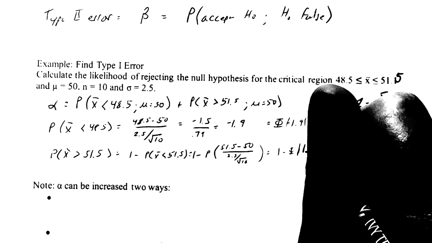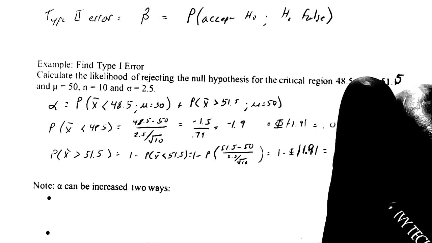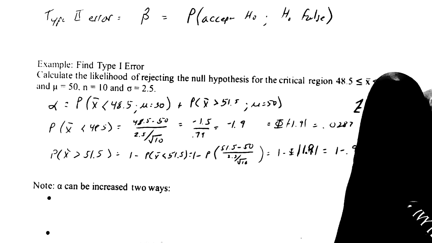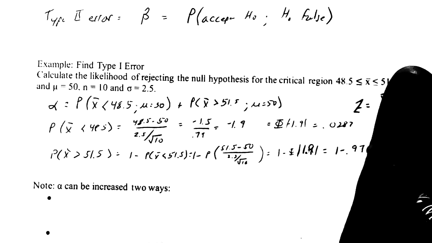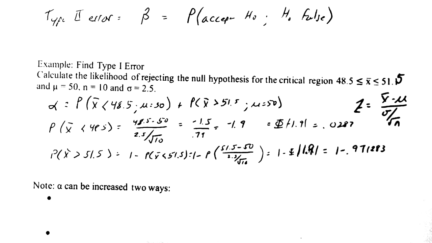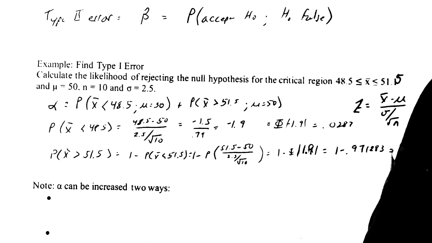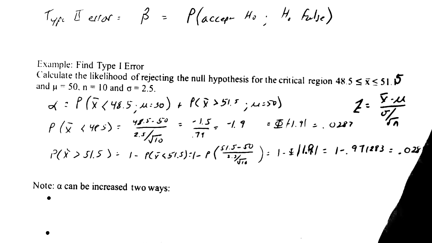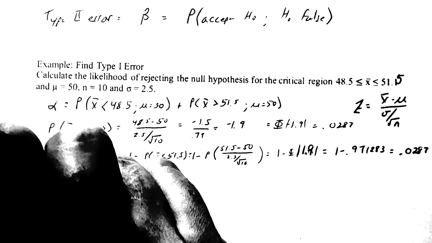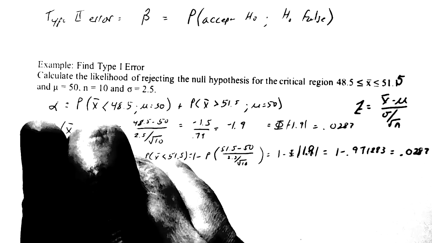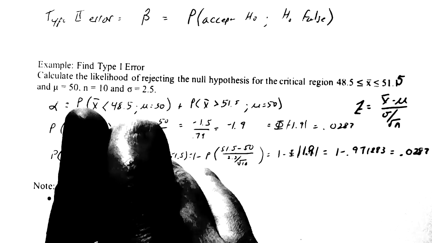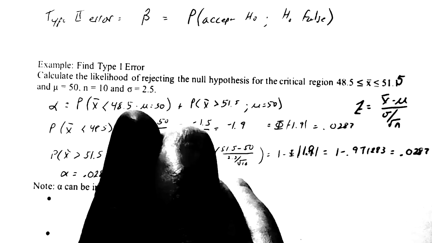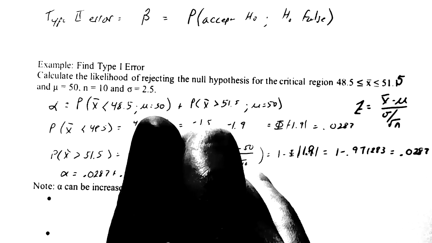And that is equal to 1 minus 0.971283 from the back of your textbook, which is equal to 0.0287. And so our alpha is equal to 0.0287 plus 0.0287, and that is equal to